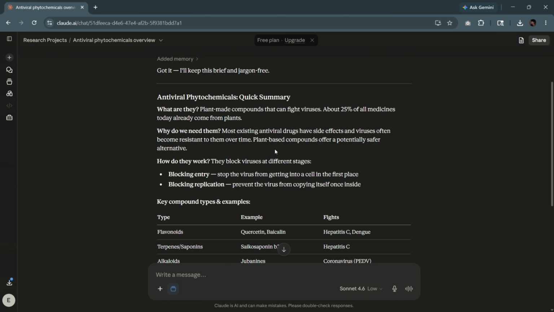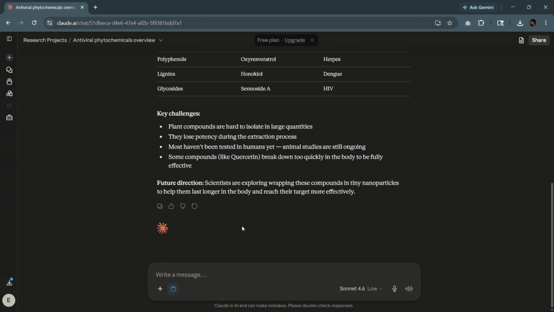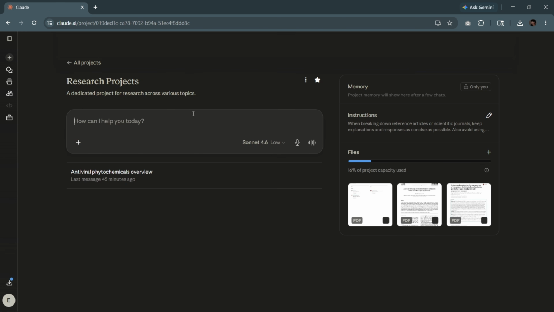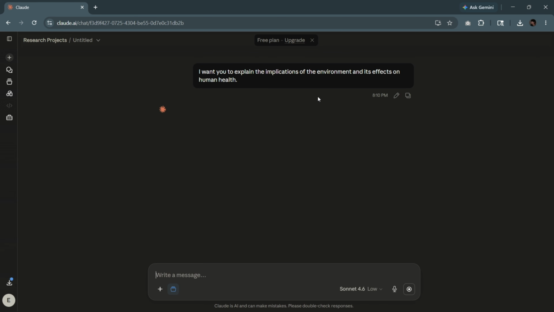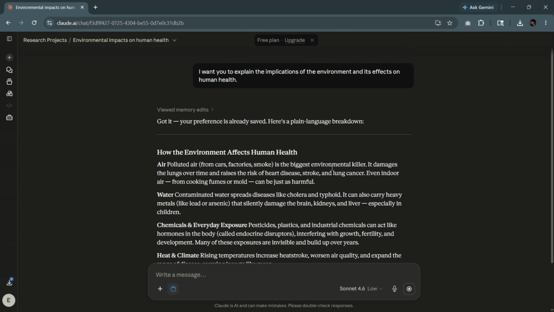Now I can also ask it to do the same thing for another one of the documents here, and something a bit more perhaps vague. So let's say I want you to summarize or explain implications of the environment. This is a pretty vague question. You can frame it multiple ways, but overall it's going to prioritize the knowledge that comes from the